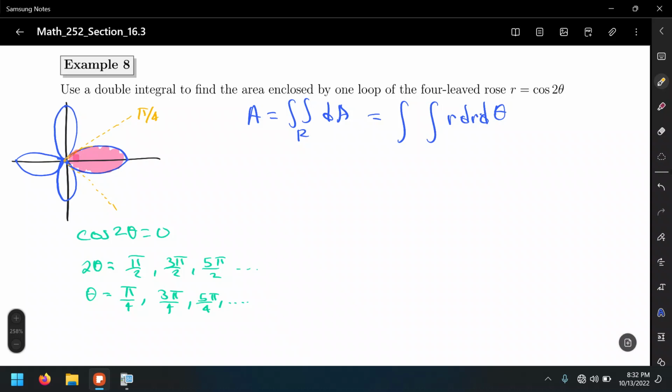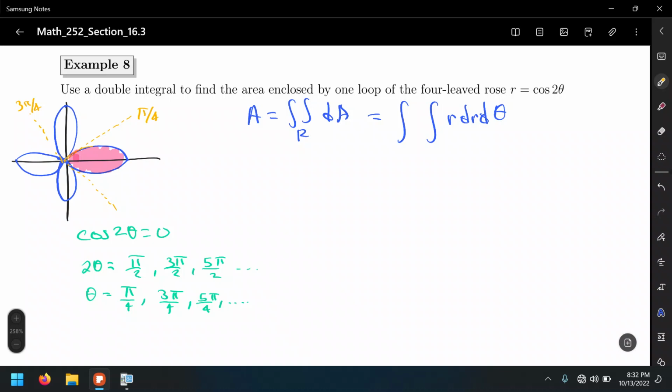So if we use these limits, pi over 4 to 3 pi over 4, we may run into a situation in which we do this same area minus this essentially negative area, and we get a 0. I know this because we've done this before back in Calc 2, and we needed to redefine the limits of integration, or the whole integral rather, so we don't get that situation. So instead,